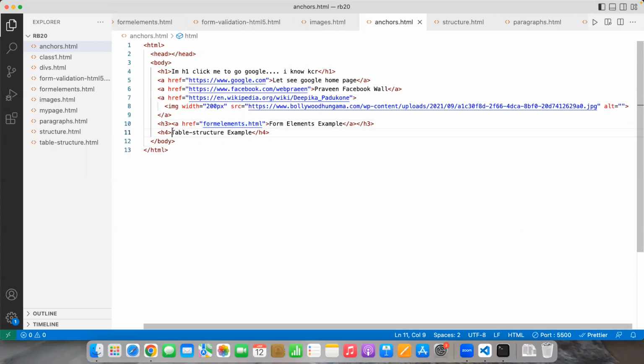How to load the table structure.html page? When I click on this table structure example,